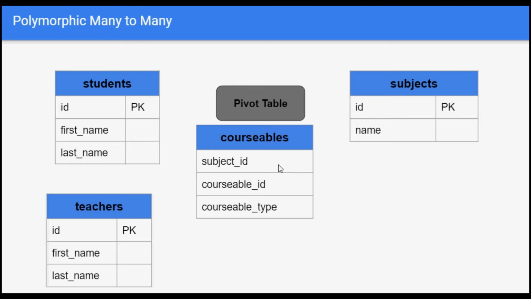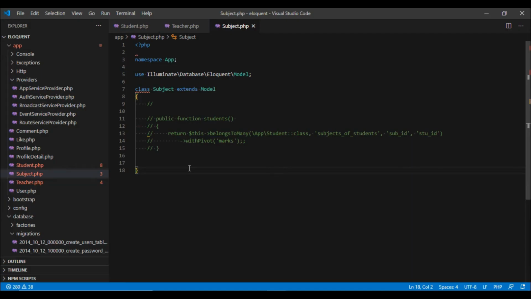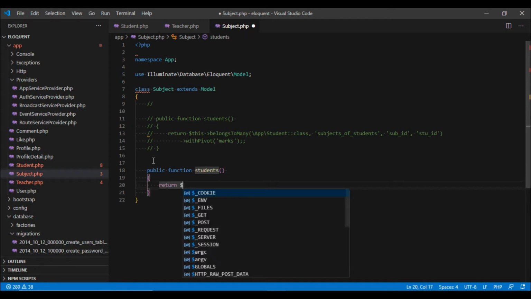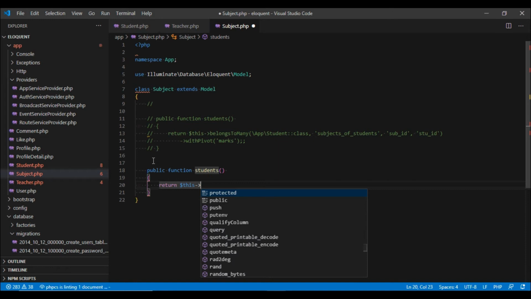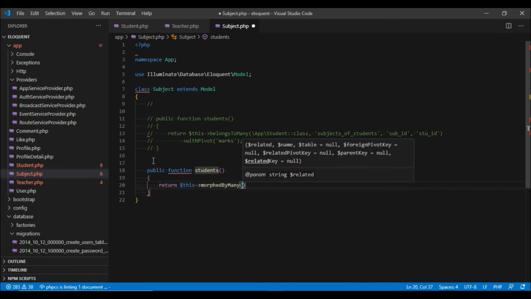Let us define this relationship in our model. We will go to our subject model. Here we can define the relationship between subject and student and subject and teacher. We are going to define a new method and call it students, and this would return a relationship morphedByMany.